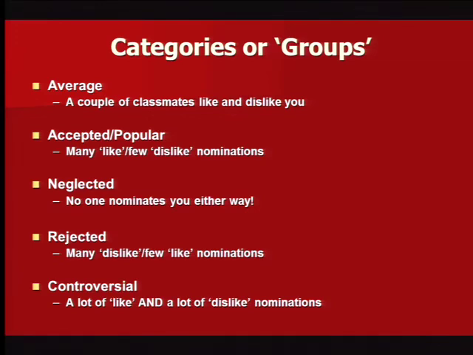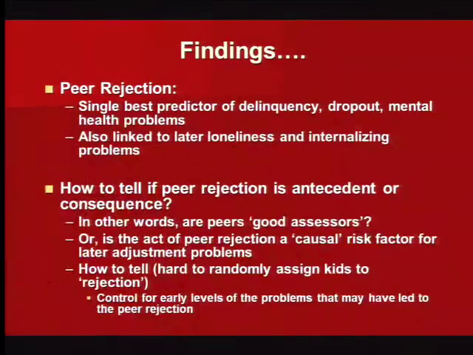The kids who in 2nd and 3rd grade, the majority of their peers said, don't want her as my friend. No thanks. So that high peer rejection score, dimensionally, or being in this rejected group, outweighed anything the psychologist found out. It outweighed the test scores. It outweighed the pediatrician's report. It outweighed the parent and teacher ratings. Peer rejection was the single biggest predictor of pretty important outcomes: school dropout, delinquency, and later pretty serious mental health problems. So what's the risk factor here? Peer rejection. It occurred way before 12th grade or adulthood, and it predicted bad things.